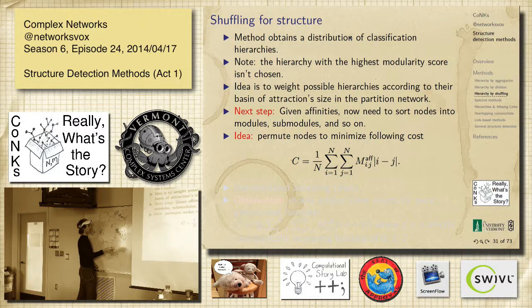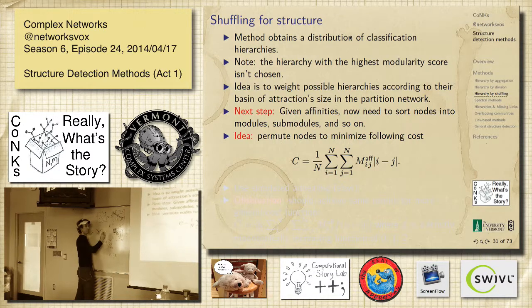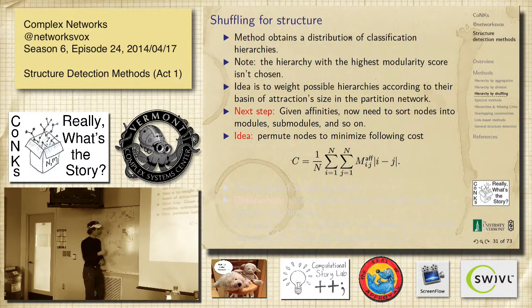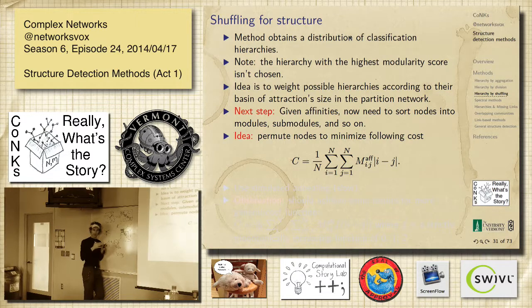And the way to get to that is to say, let's start shuffling, and I'm going to penalize these points out here by saying they're worth their value times I minus j. So I minus j is the distance from the diagonal. If j is I plus 1, that's the best you can get. You've packed them right next to each other and you've ordered them right next to each other.